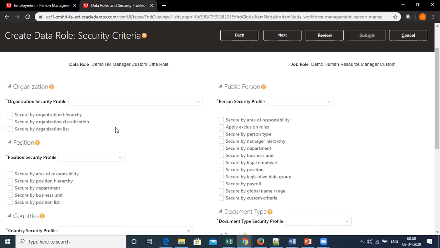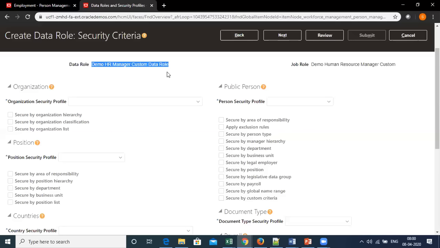Now I am attaching that criteria to this data role, saying that the person who has this data role assigned will be able to see the organization security data according to the profile attached here. It means that the person who has this role attached will be able to see the data which belongs to the Finance SVCS UK business unit.